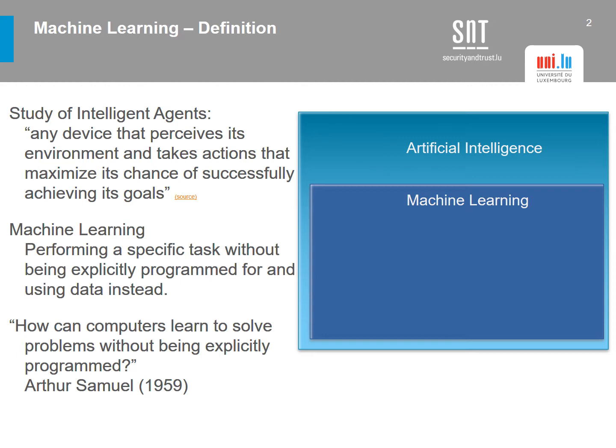Machine learning is a subset, or you can say a subfield of artificial intelligence. Here also, we perform some specific tasks, but we do not explicitly program. We take the help of existing data to learn how to automate a specific task.